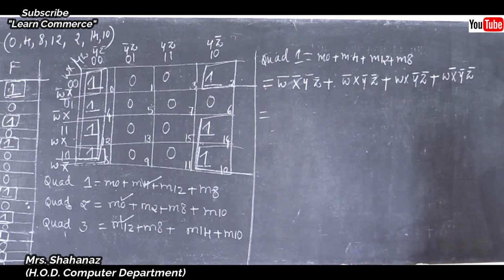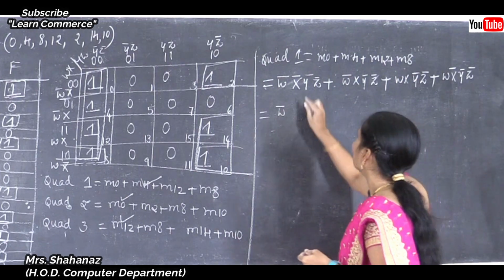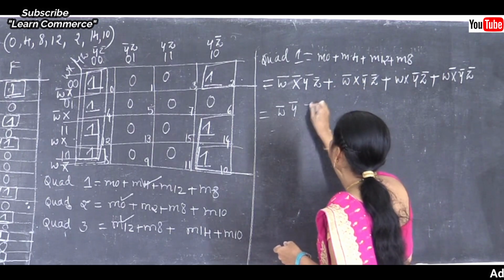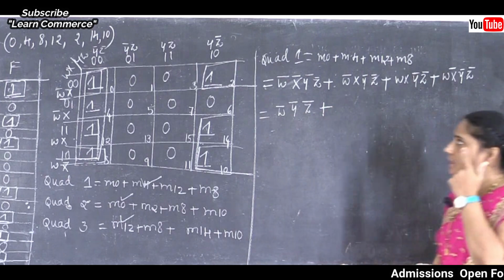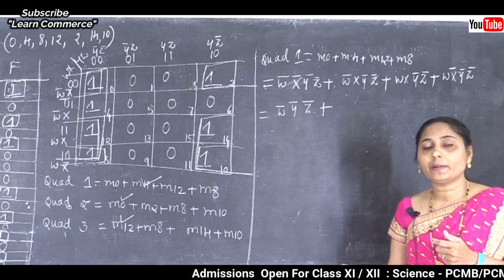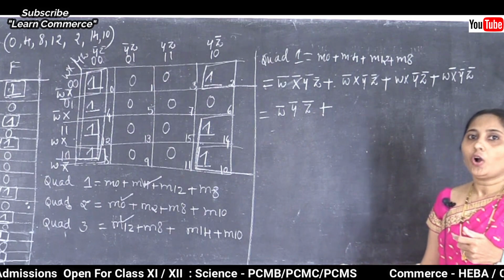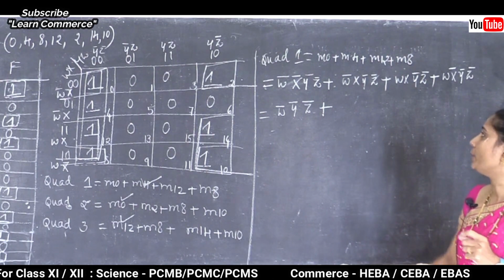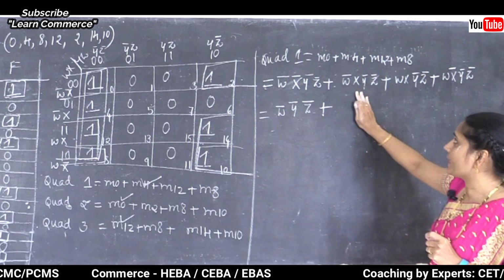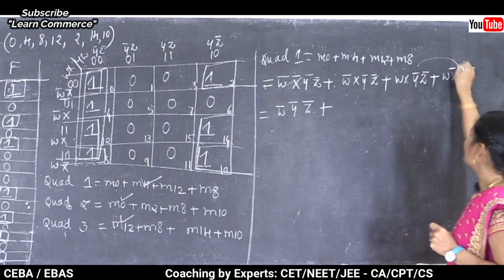Okay, now these are the values. Now you have to make the comparison. Complement Y and complement Z we need to keep, but we need to remove which variable? The X value. Okay, clear this point here? Why did I remove complement X and X? We know that when a variable changes its state, from complemented to uncomplemented or vice versa, we need to remove that variable. So when you check the first expression and the second expression, we need to remove complement X and X, and later we need to make the comparison.